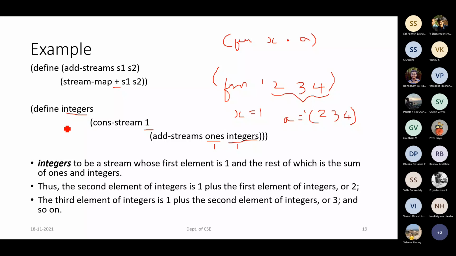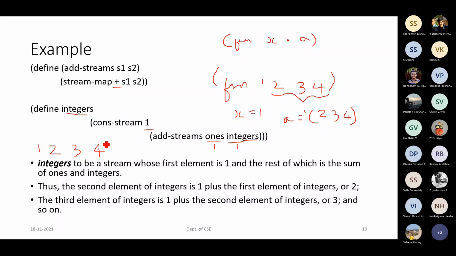So this integers will have the series of values. What integers is going to have, it will be 1 because it was 1 here. After that, we are adding 1 plus 1, which will become 2. After that, 1 plus 2, which will be 3. After that, this 1 plus 3, which will be 4.